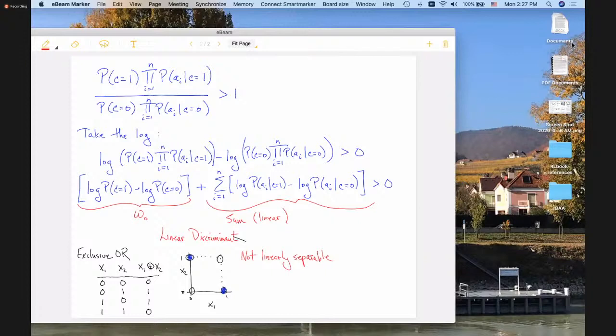If I want to know the probability of the class given x1, x2, I don't care what values you plug in for x1 and x2, and I don't care which class you look at, you're going to find that that probability in every case, unnormalized, remember that we're dealing with the unnormalized posterior,